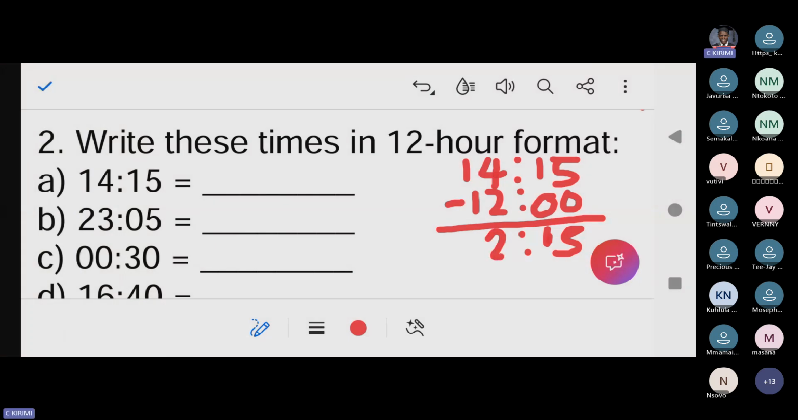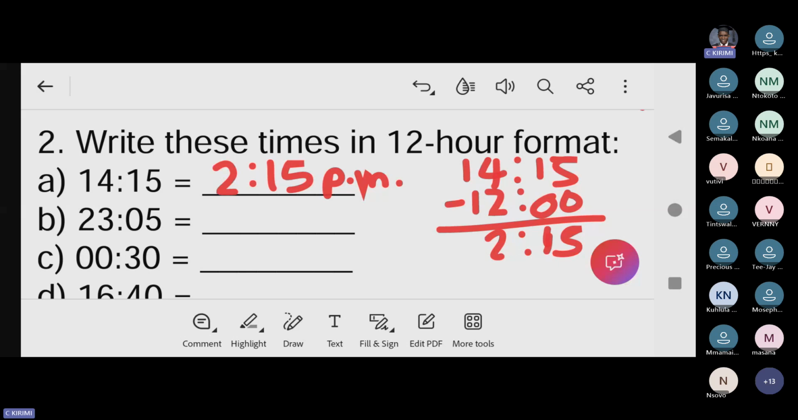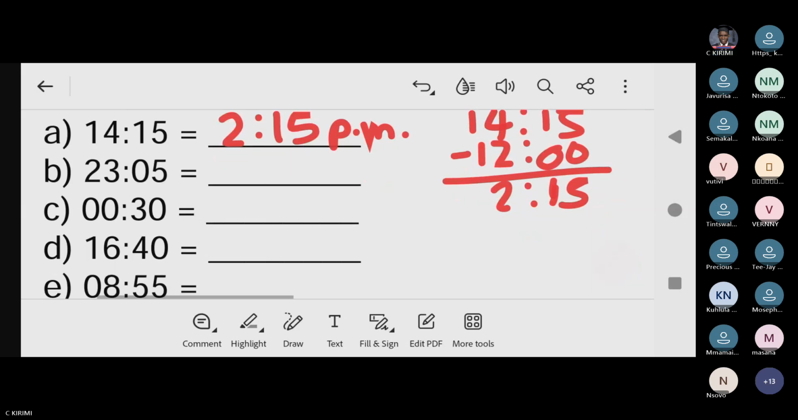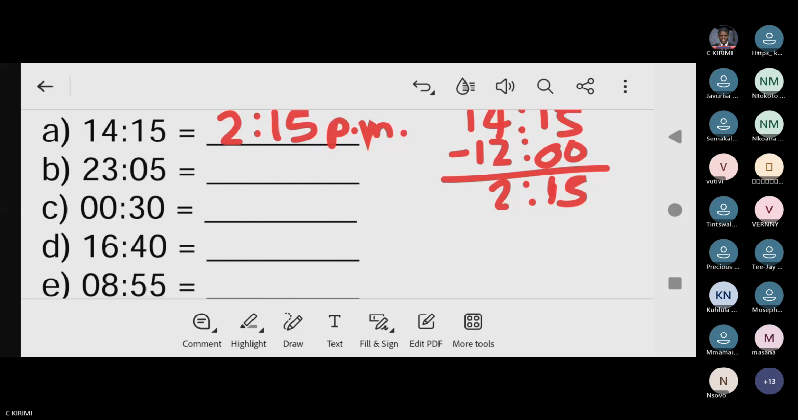So we are going to write your time in 12-hour format as 2:15. And always you must indicate whether it's PM or AM. It has passed midday, or afternoon, so you write PM like that. That's how you do it. And then for